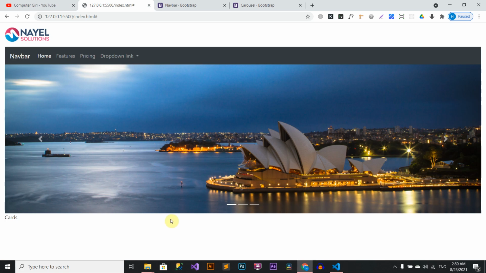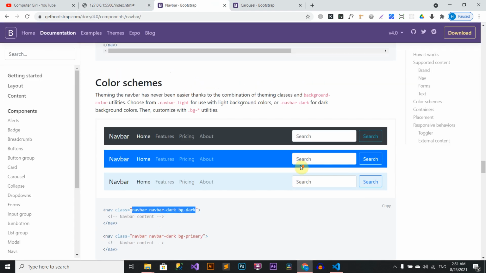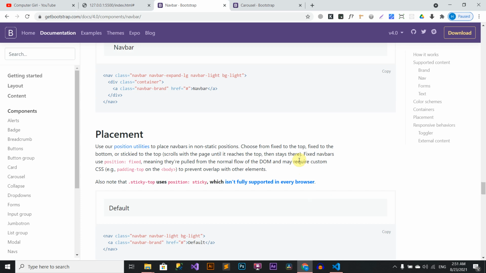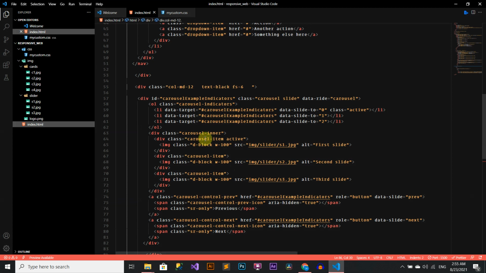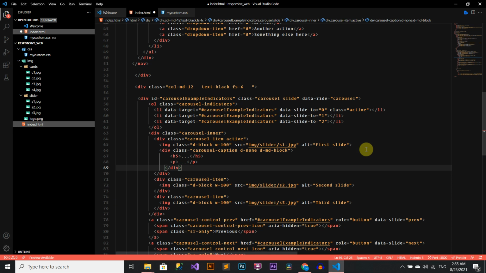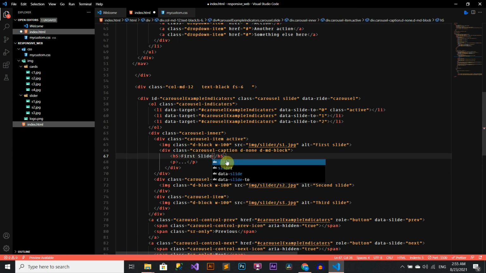Now I will add captions to the slider from the example. Here is the example given by the Bootstrap team. I will add this after the slider image inside the item, and change to first slider in the heading and paragraph.